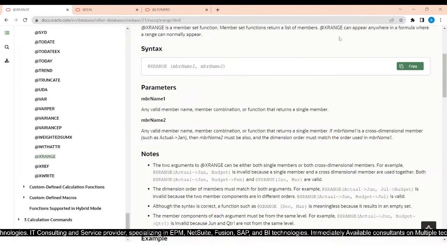So the exchange function can appear anywhere in the formula where a range can normally appear. The syntax is member name 1, comma, member name 2. Member name 1 can be any valid member name, member combination, or function that returns a single member. Member name 2 is any valid member name, member combination, or function that returns a single member. If member name 1 is a cross-dimensional member, such as Actual in intersection with Jan,